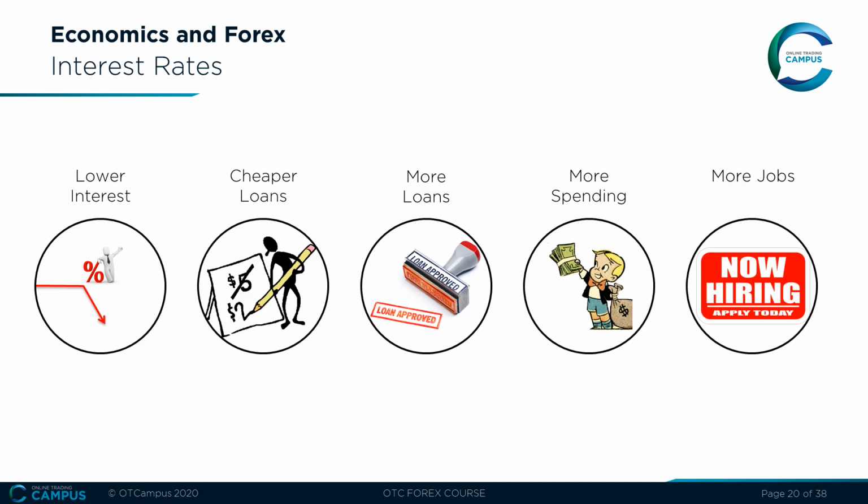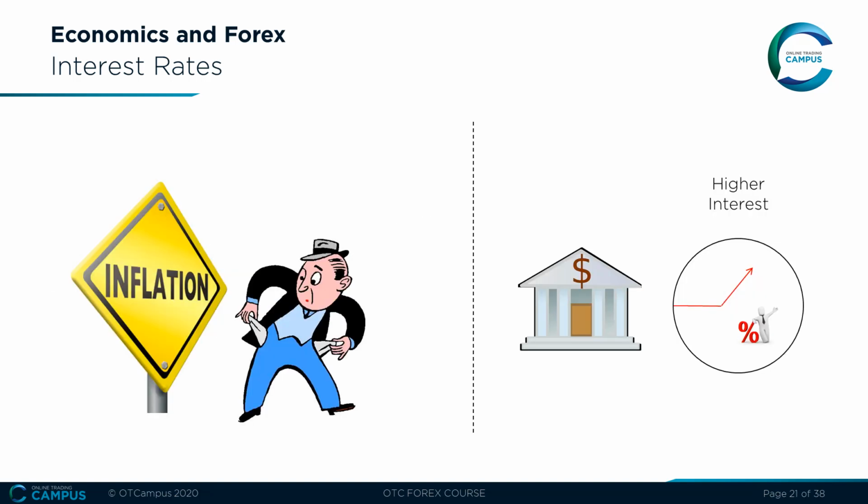This only happens if people are willing to borrow, and people are encouraged to borrow by lowering the interest rates. And if you don't want people to borrow as much, you simply increase the interest rates. This is how the Fed controls the economy. When they want to speed up the economy, they simply lower the interest rate, and this causes expansion of